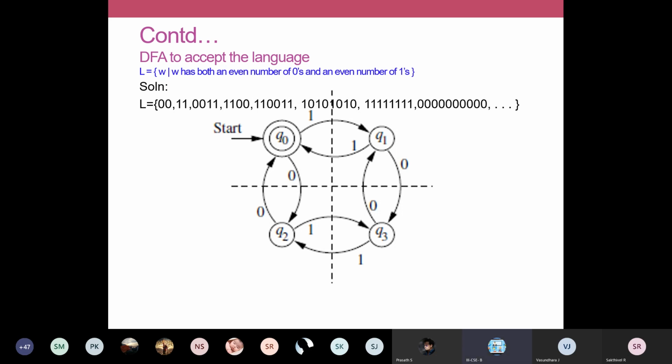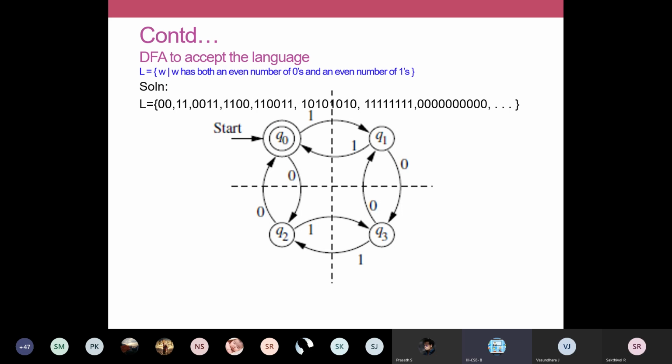So it depends on what the language is. Otherwise, the diagram is going to be the same. Based on what is asked in your problem, we mark the accepting state.